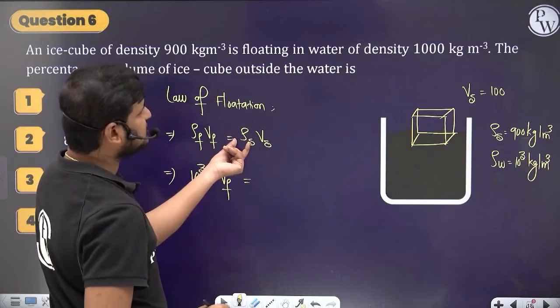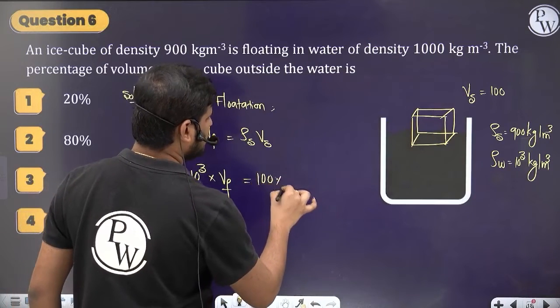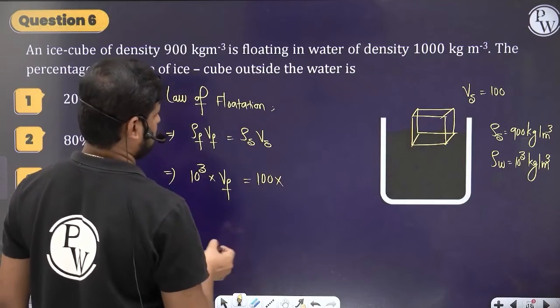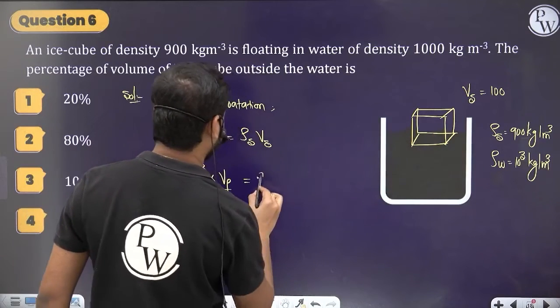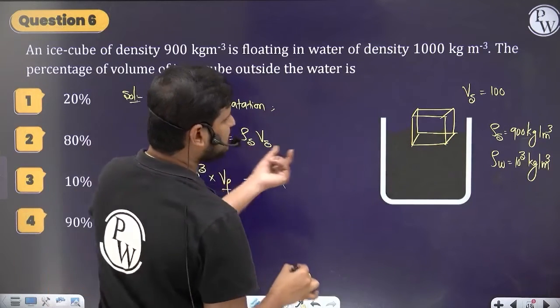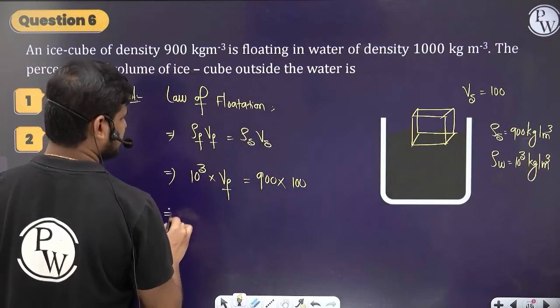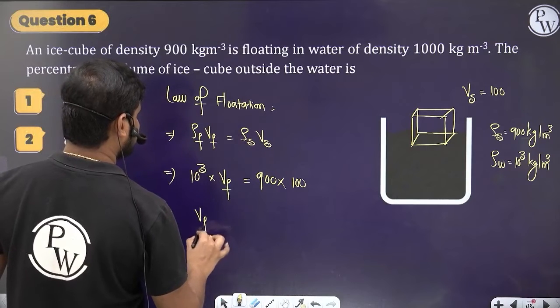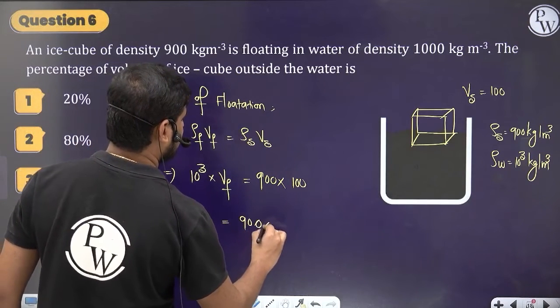The density of the solid that they gave is 900, into the volume of the solid that we considered, 100. So from here Vf is equal to 900 into 100 by